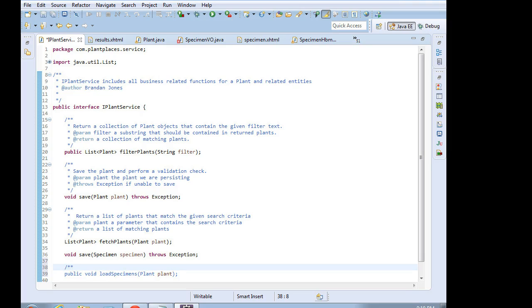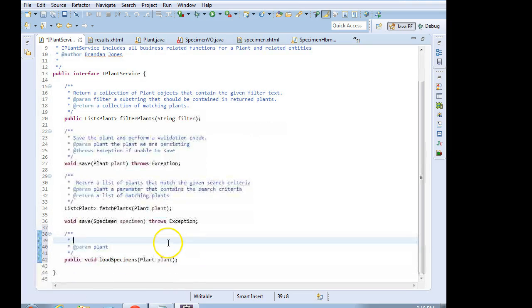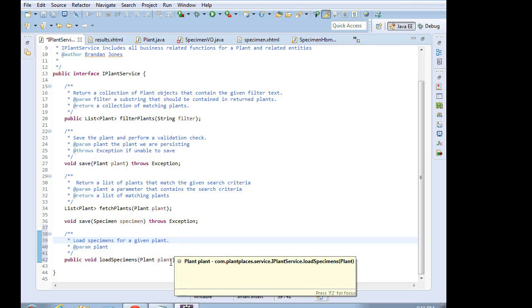I can toss some JavaDoc on here and say, load specimens for a given plant. Now, notice the return type is void. That's fine, because we're taking this plant object and we're putting the specimens inside of it. Okay, that's number 1. Number 2, notice that at this layer,